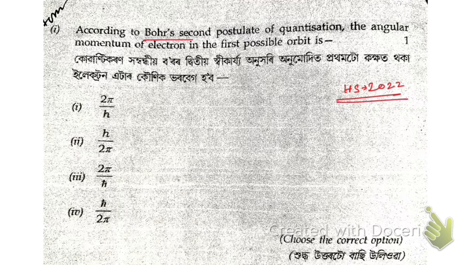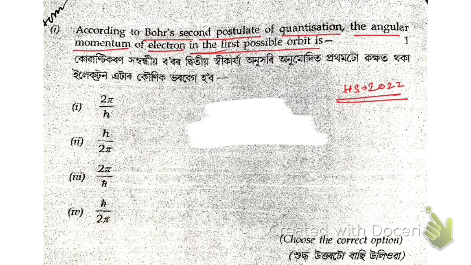According to Bohr's second postulate, if you can't read, then please listen to me carefully. Write the question. According to Bohr's second postulate, quantization of angular momentum of electron in the first possible orbit. Now you see Bohr's quantization condition was that angular momentum L is equal to n times, that means integral multiple of h by 2 pi, and for the first possible orbit, that means